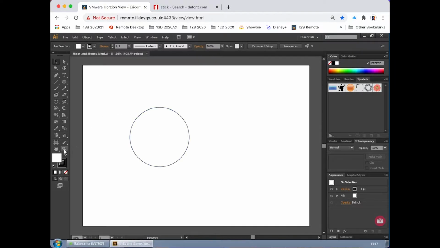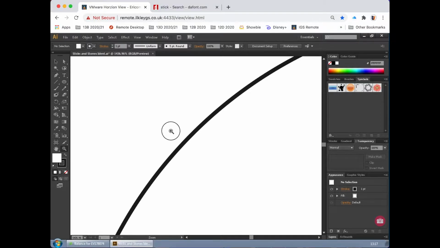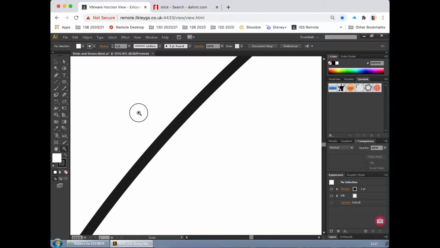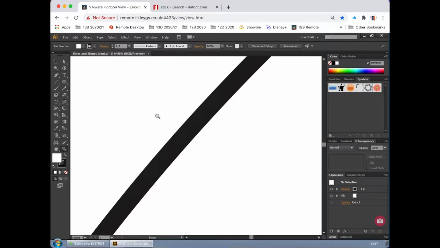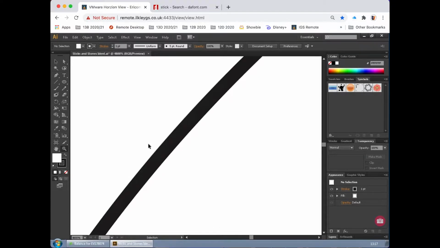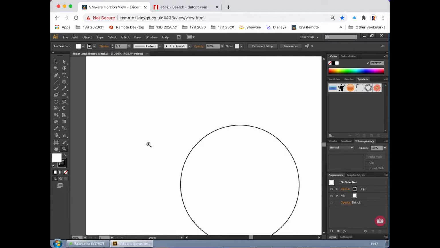Now, if this was Photoshop, of course I could draw a circle in Photoshop, and if I was to zoom in, what we would see, and you can probably guess, is that circles in computer graphics are actually made out of square pixels. However, in Illustrator, if I zoom in on this circle, I can keep zooming in forever. In fact, I can go up to 6,400%, and you can see that the line remains sharp. That's because Illustrator is a vector drawing program which